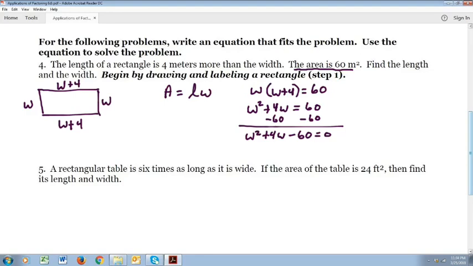All right, so let's see. We need to find 2 numbers that multiply to negative 60 and add to 4. So let's look at some numbers that multiply to 60. We're going to have opposites. It's actually looking like it could be 6 and 10 here. 2 times 30, 3 times 20, 4 times 15, 5 times 12, and for me,